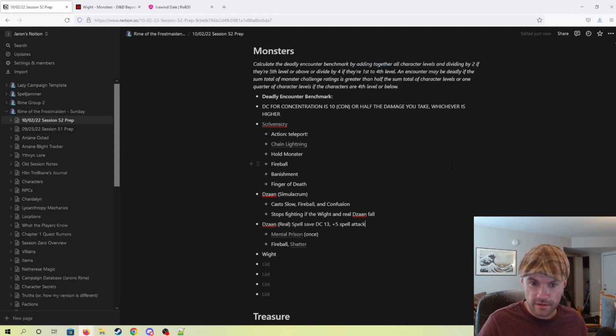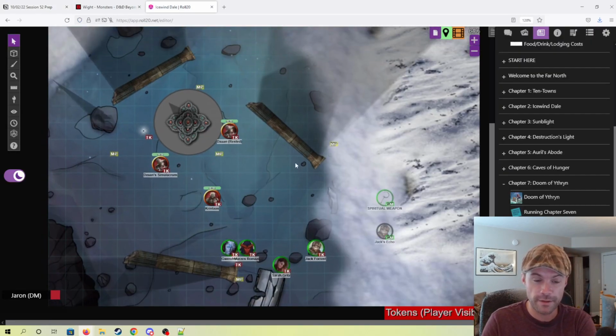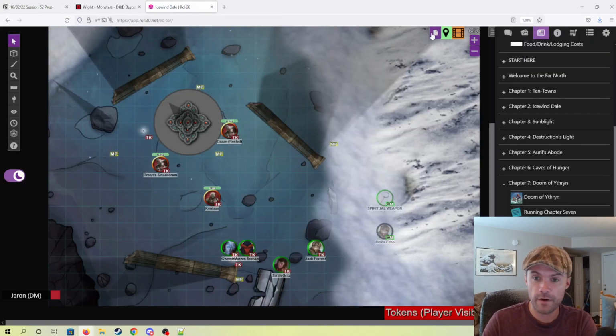And yeah, I think this fight should be fairly straightforward. It's just going to be a battle to the death. We'll have Dazan do the villain monologue thing where, you know, he's a super arrogant NPC anyways. He's going to tell them why he's here, what he's trying to do, what he thinks the Simulacrum can do, and kind of what happened to Esther. He sent Esther up to the top of the spire